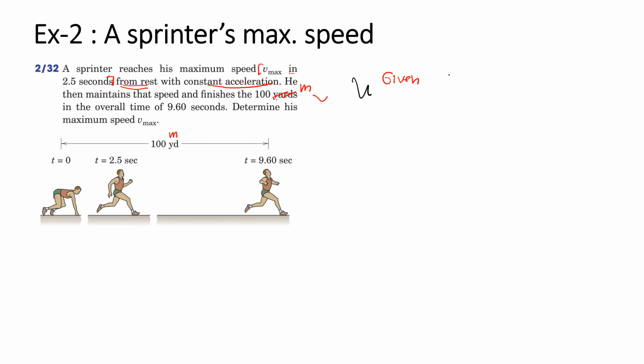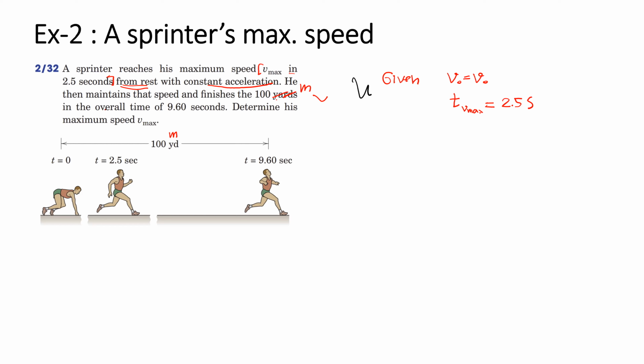So start from rest means v0 equal to 0, and the time that corresponds to the Vmax is equal to 2.5 seconds,